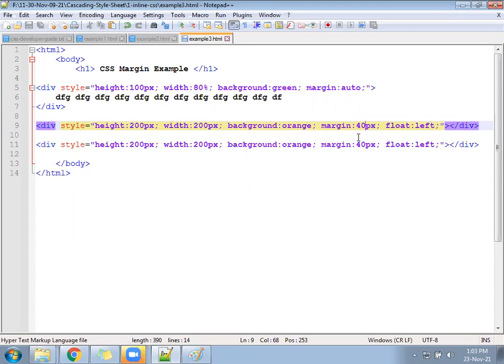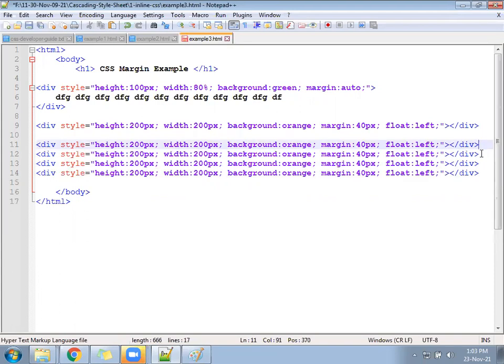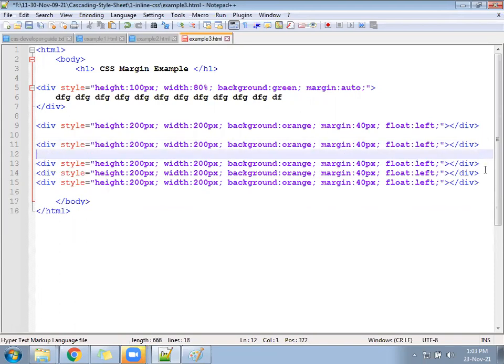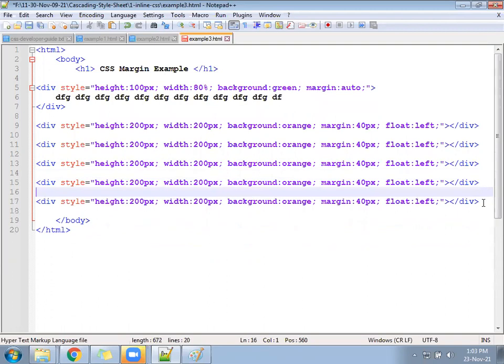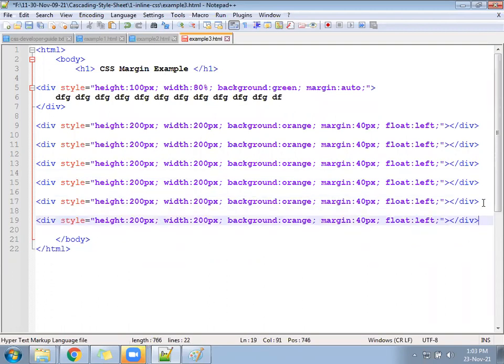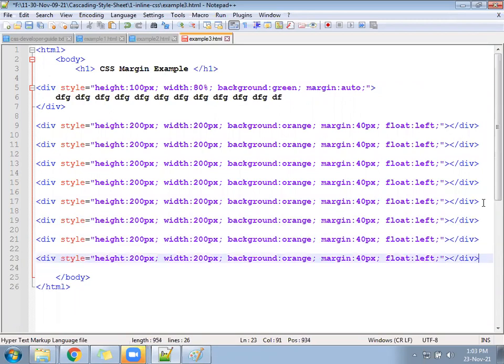Okay, now create one more division, copy paste 3, 4 divisions, and check whether all divisions are coming like tiles. One after the other, it should come and it will get rearranged automatically. After one division the second will come. If space is there, the third will come; if no space, it will go to the next line.